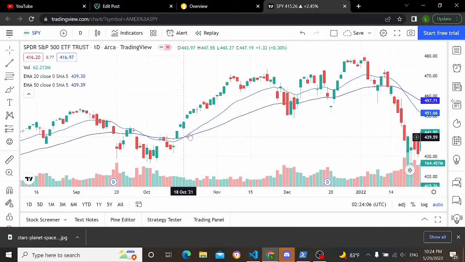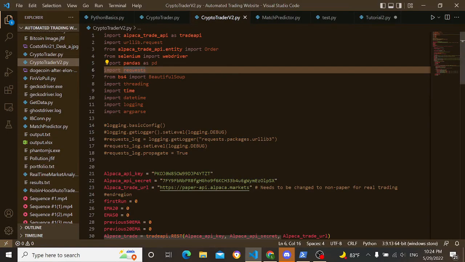So the one I'm going to demo today that I've been working on for a while is a pretty simple way to do that. What I'm going to do is go through how everything works, what I've done. I've tested it a little bit. And I'm going to go ahead and let it run for probably about a week,